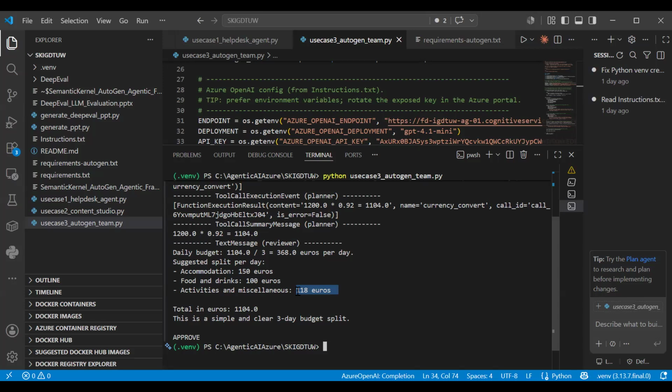AutoGen has some pre-built agents already there, and based on that we have created this entire flow. Just look at what I'm trying to explain.